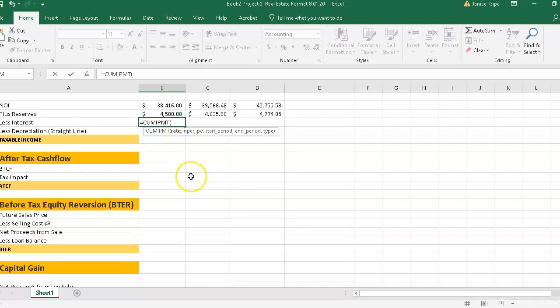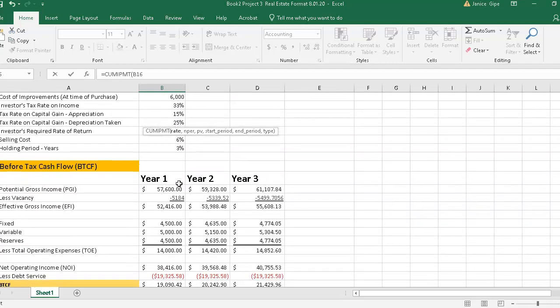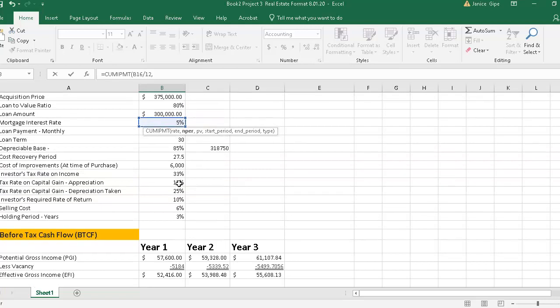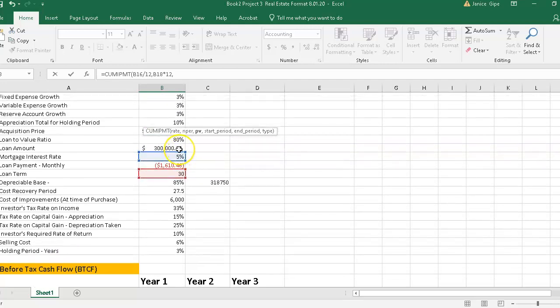So the rate, which is the 5% mortgage, and then you divide that by 12 months, and then you use your term, which is the 30 years, times 12, and then you use your loan amount, and then the interest was just paid from the first through the 12th month,